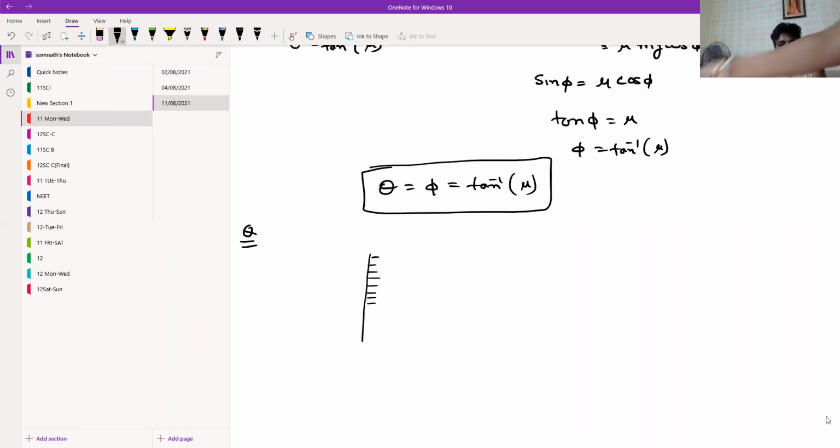Suppose you have a wall that is not horizontal, that is a vertical wall. Let μ be the coefficient of friction of this wall, 0.2, and suppose you put a block whose mass is 10 kg. The question is: how much force do you apply here, what is the minimum force